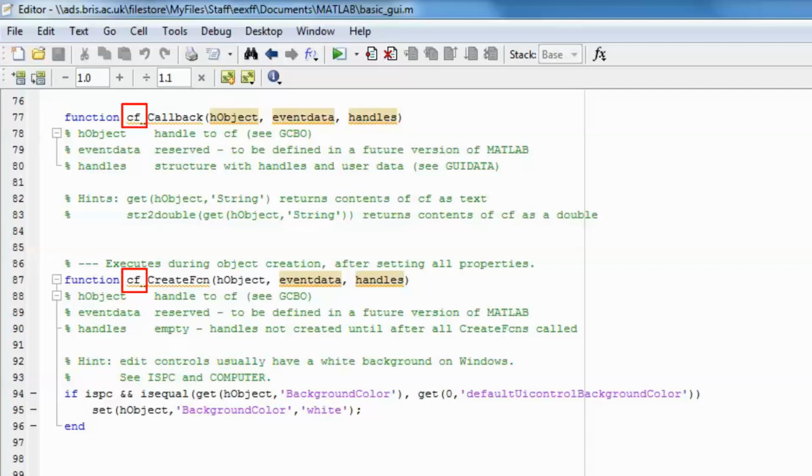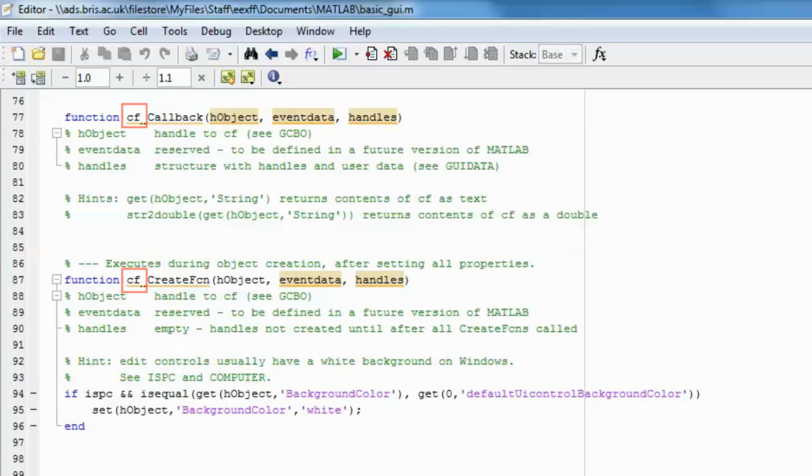For example, remember that we set a tag equal to CF for our center frequency edit text box, and hence the callback and create function that are shown here are connected to that specific element, to the edit text box